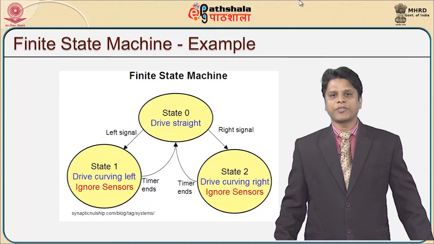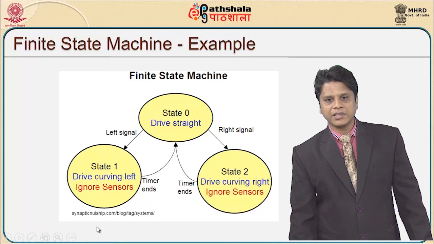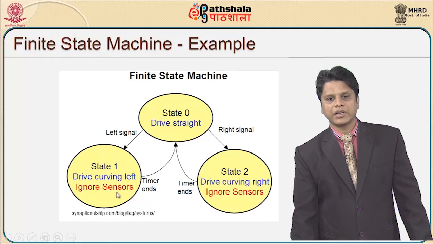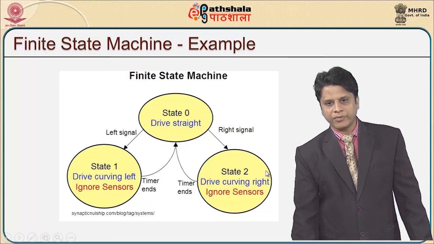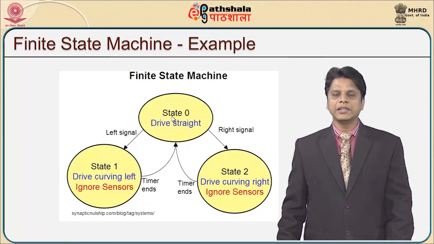This is one such example of a finite state machine where, on a traffic signal or on a road, I can instruct the driver whether he has to go. State 0 mentions a state, there is a left signal, there is a right signal, and drive curving left ignores sensors, it ends the time, so it goes back to the previous state, whereas if I take a right signal, then drive curving right ignores sensors, then it goes back to the previous state. So this gives basically the state wise explanation,